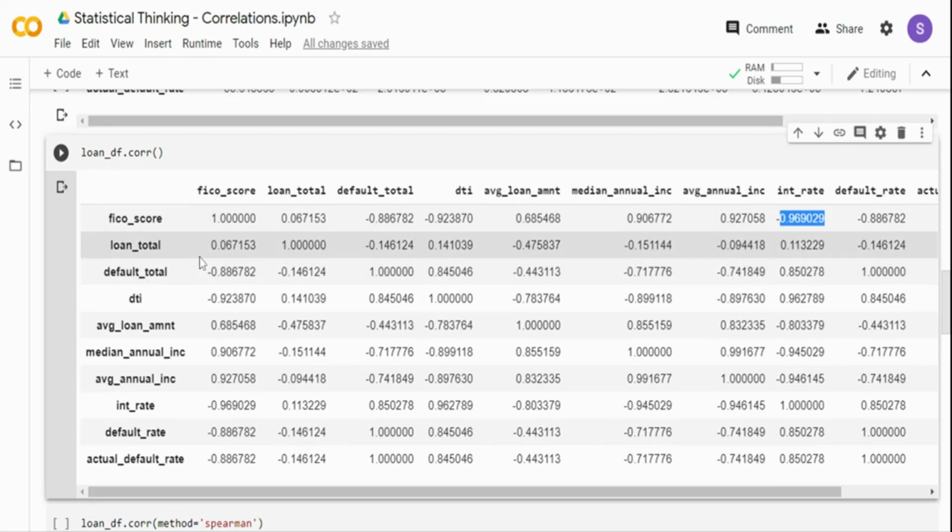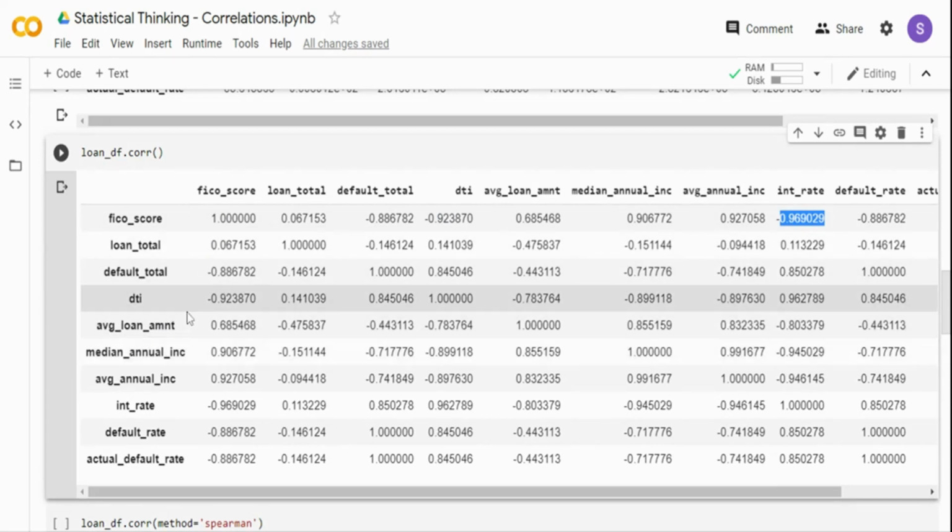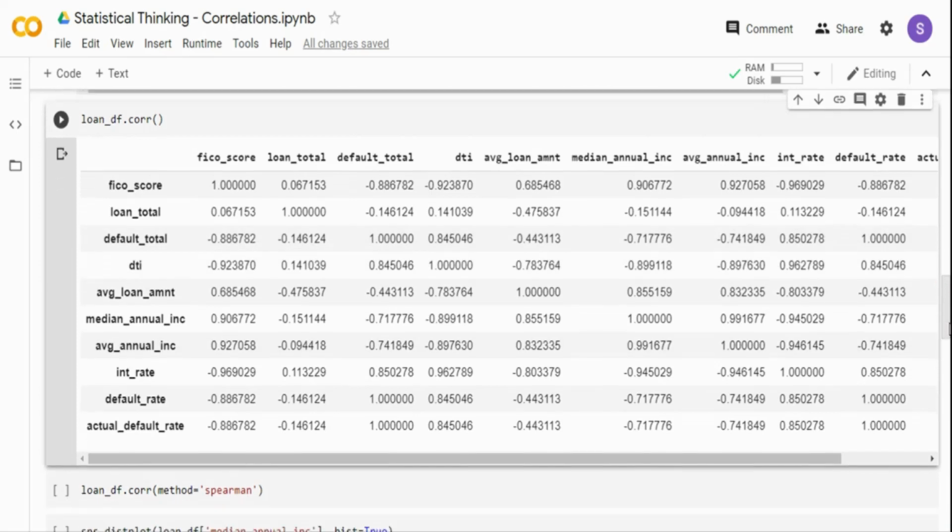Now, if you see over here, similarly for each of the variables, like if you take debt to income ratio to annual income, it's basically a negative relationship again, because typically people who have a better annual income will have a low debt to income ratio. So this is a good way to visualize all the numerical values by just calling the pandas correlation method. Now let's pick some variables and go individually and visualize different kinds of relationships that can exist.